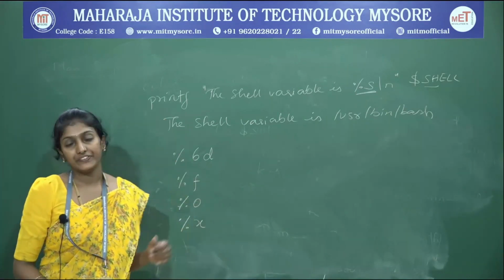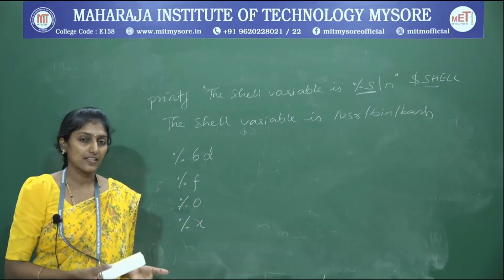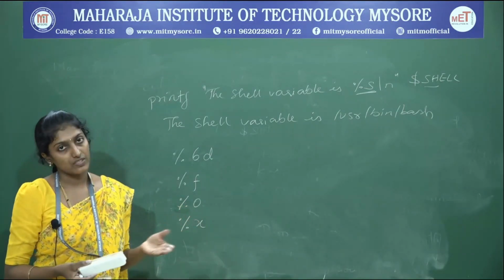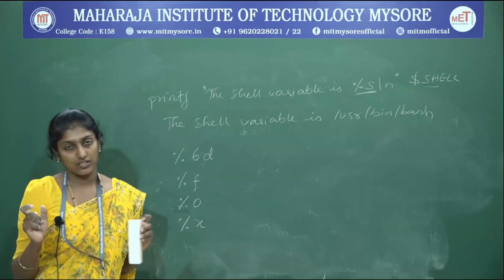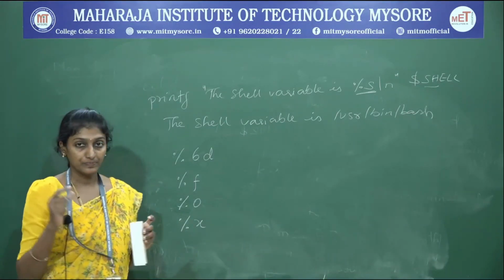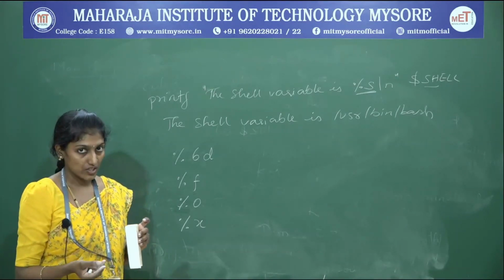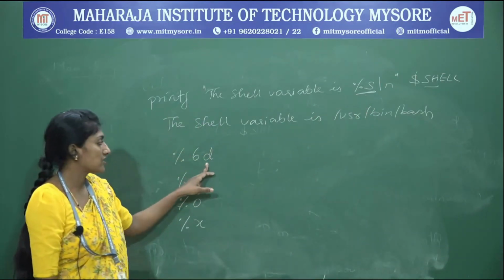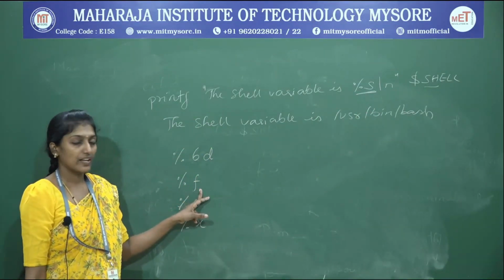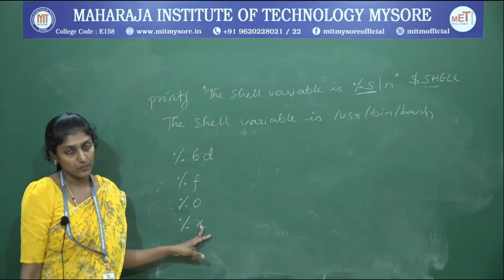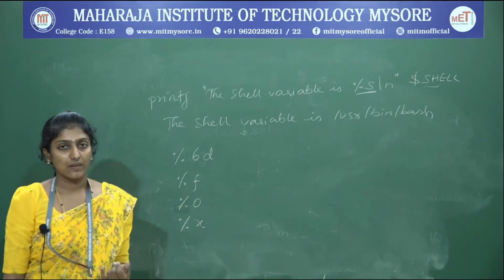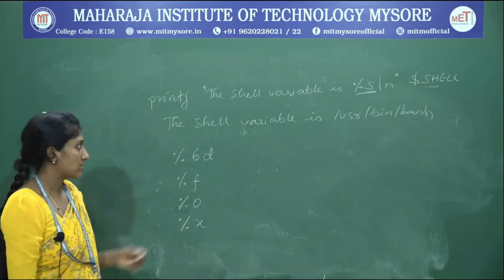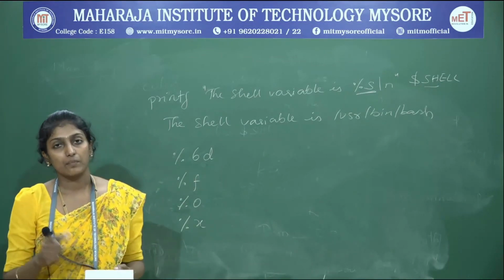So this is about the printf command in Unix. As in C programming, you execute your printf statement, likewise here also you execute the printf statement. The sequence of characters is enclosed in double quotes. If you want to print a string, use %s. If you want to print digits, use %d, and likewise %f for floating point values, %o for octal values, and %x for hexadecimal values. Echo is also used for the same thing, for displaying a message and for evaluating shell variables. So this is about a few basic commands of Unix.